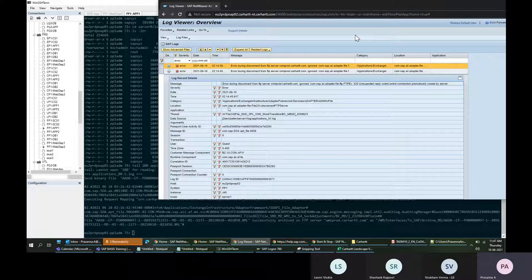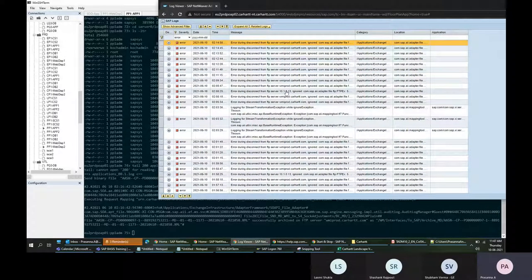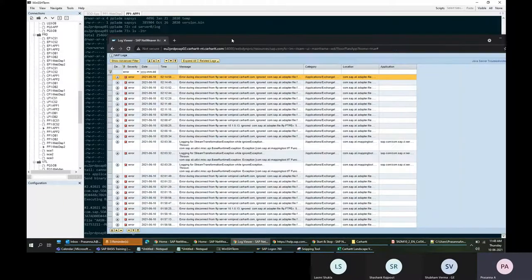So it will in turn read from this log file only, but in a proper, somewhat separate way. For each message you can see some separate tab, and it's easy for you to filter and find out. So the same log you can check from this NetWeaver Administrator or the OS level. When the system is running, you can check from both places, but for some reason the system itself is not